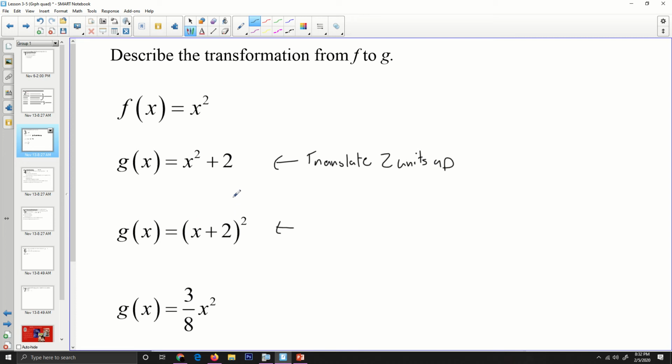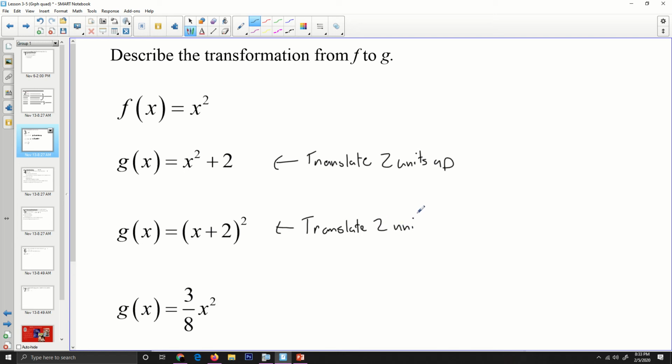And this one, we are adding to the variable before we do the function. Just kind of review, if I picked x to be 3, when I plug 3 in, what's the first thing that's going to happen? I'm going to add 2 to it. Then I do the square, and so I'm doing the function after I'm adding to the variable. So this is going to be translate